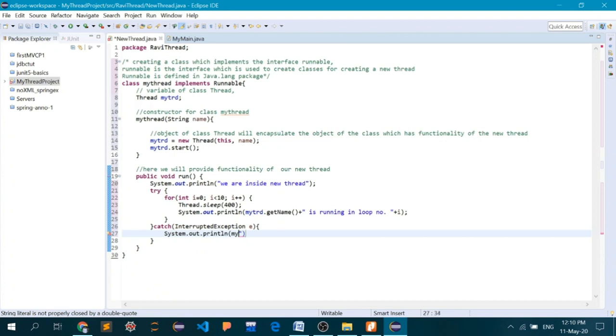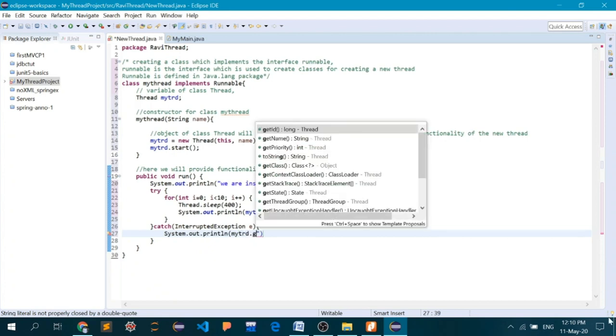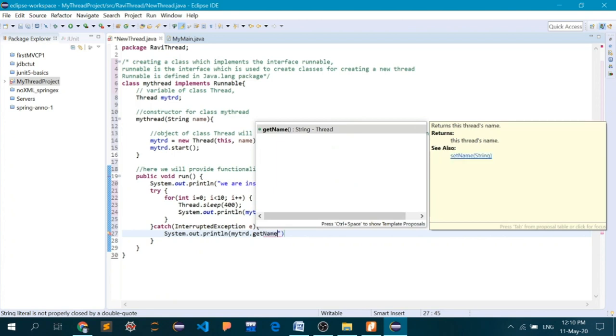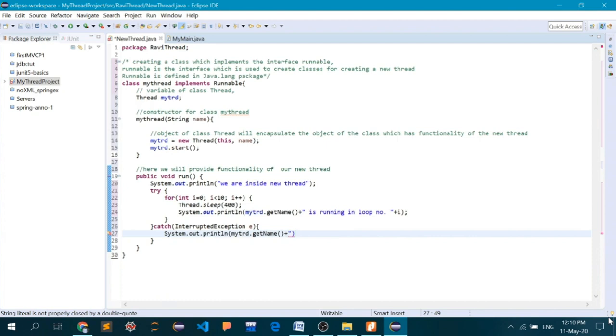We'll say mytrd.getName() plus " is interrupted". So if an exception is thrown, we are going to see this particular message here.